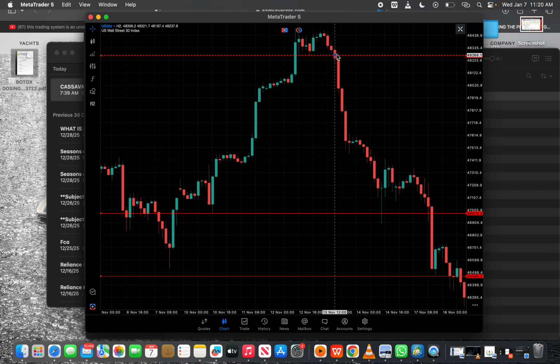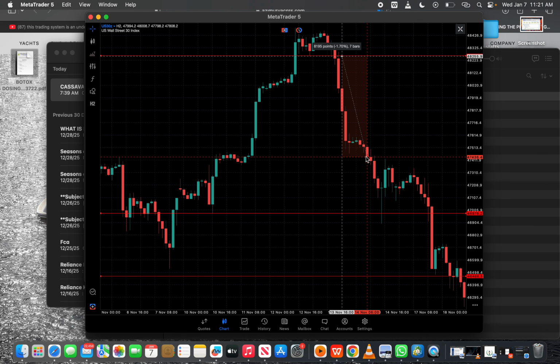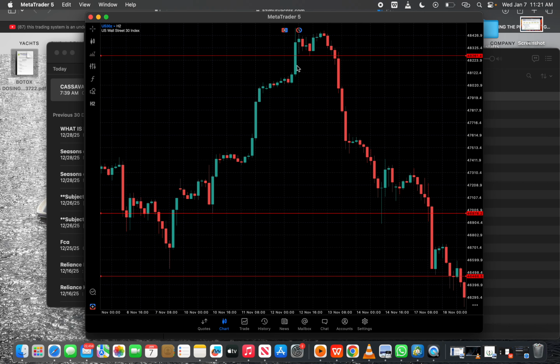So price came here and broke it by 12 to 2. Price came at NYC bell, closed above and went down below. It changed from buyers to sellers. That's when I execute my trade, and it ran 800 and something points. Then my stop loss was 86 something pips. Very beautiful setup. Another setup that happened again was right here